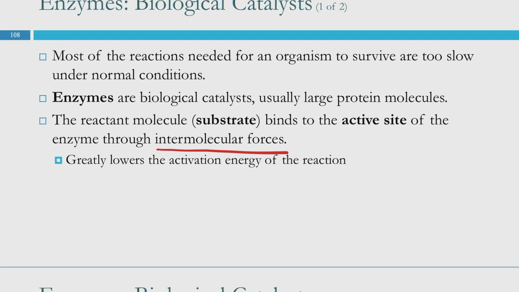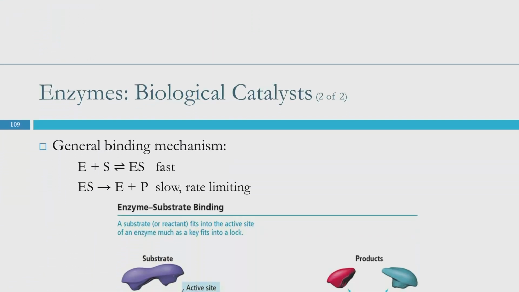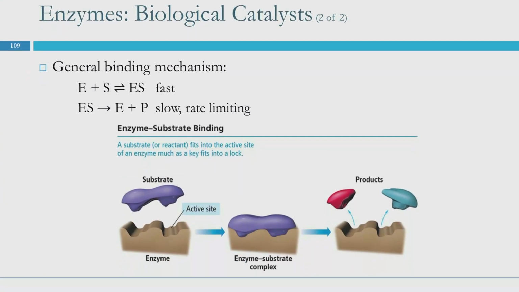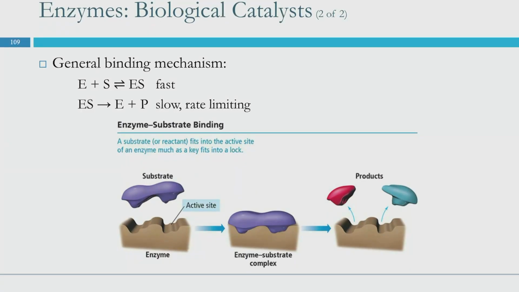And we've got pictures of this coming up. So here's generally what an enzyme binding mechanism might look like. E for enzyme, S for substrate, aka reactant,